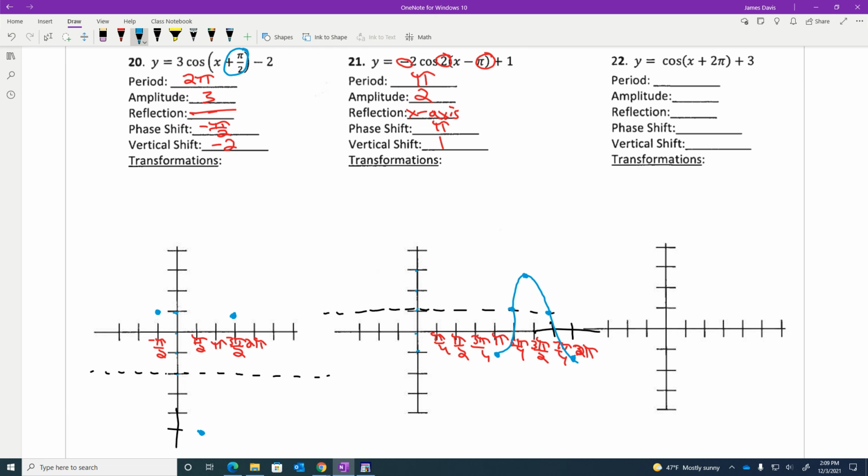The phase shift is always the opposite of this. Yeah, so it's a negative pi over 2. So my first dot, after I went up the amplitude, I moved it left pi over 2, just moved it to negative pi over 2. And then everything else just moves over 1 dot as well. So then this one will cross here, and this one will cross here. So everything's just shifted over 1 dot. See, every single time I try to make it a loop, I don't get the